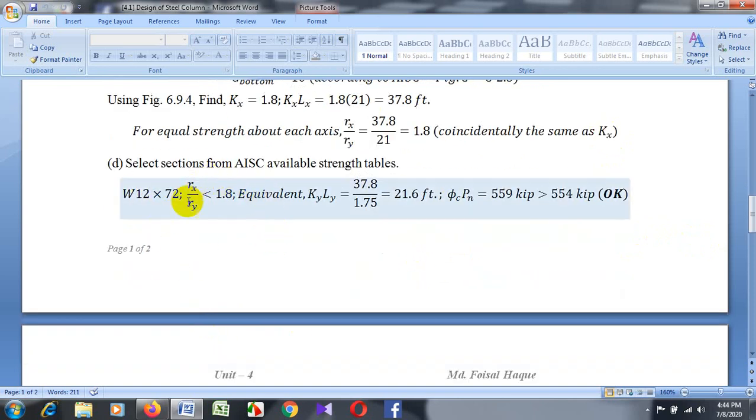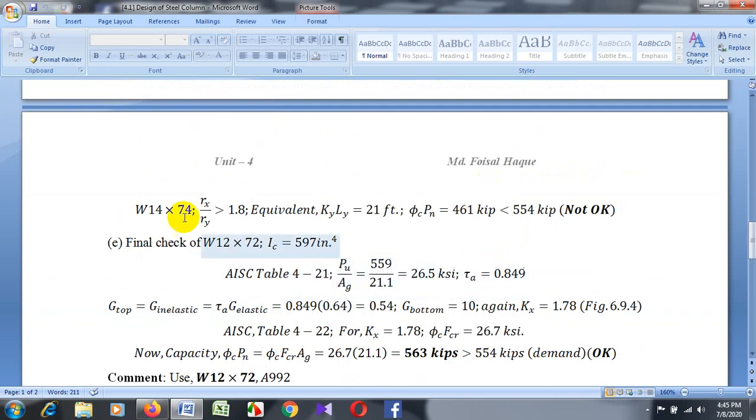W12x72 section, rx/ry, less than or equivalent KyLy, that is 1.75, and nominal strength. This strength is greater than this demand. And finally another section is chosen, and this ultimate strength is less than this, so this section is not selected for design.